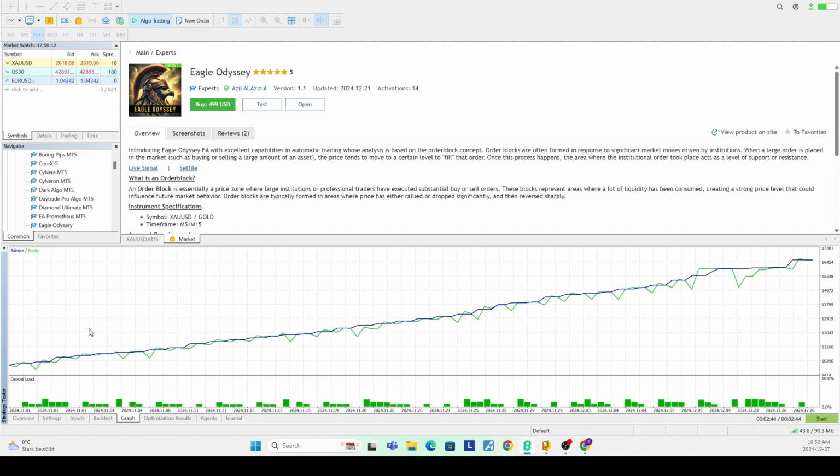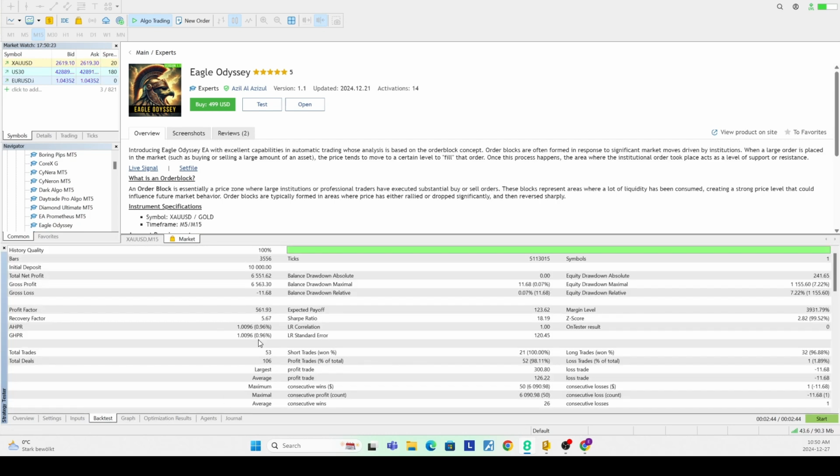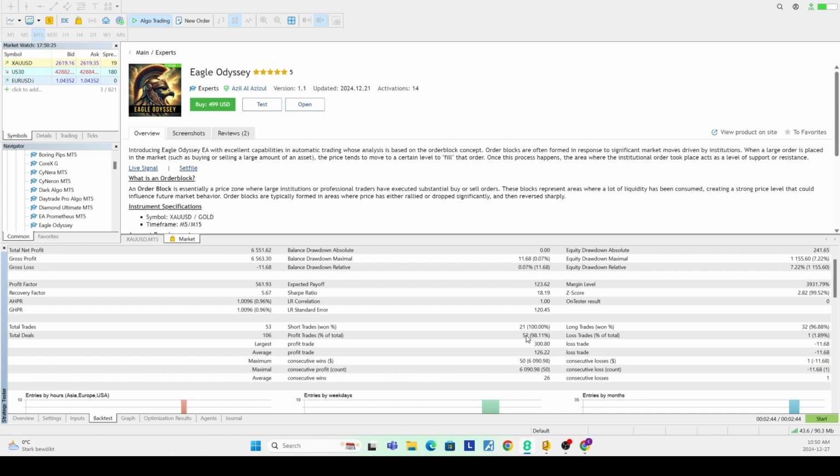So I ran it for a few months, first beginning of 2024, but now just in the interest of time and to show you guys, I chose a 2-month period here at the end of the year to run a fairly quick backtest on. We can see here that in this time it made 53 trades where it had a 98% win rate, and the profit trade here is so much larger than the loss trade,